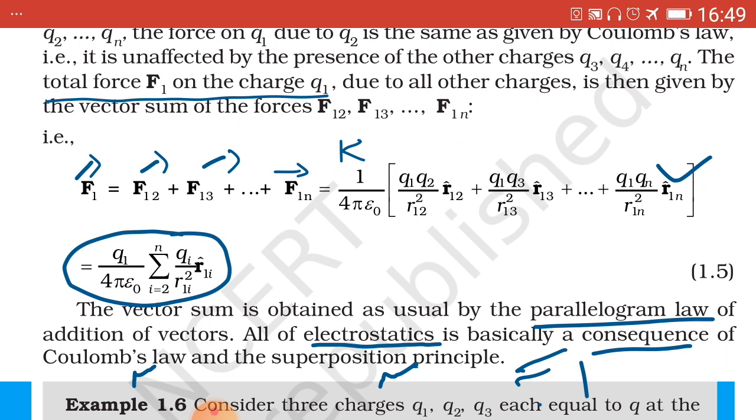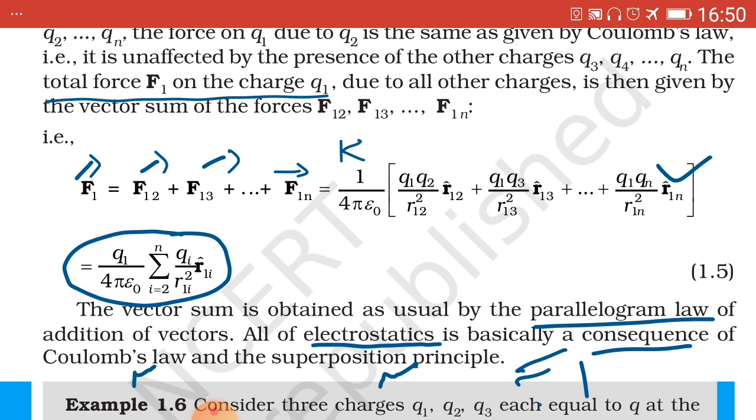So k is taken common, q1 q2 upon r12 square into r12 hat plus q1 q3 upon r13 square into r13 hat plus so on, plus don't forget the plus in the end,